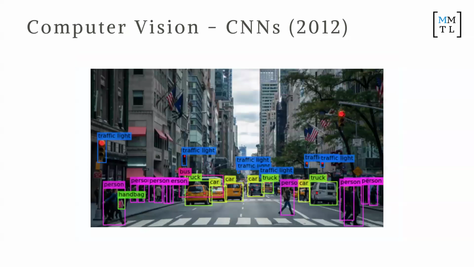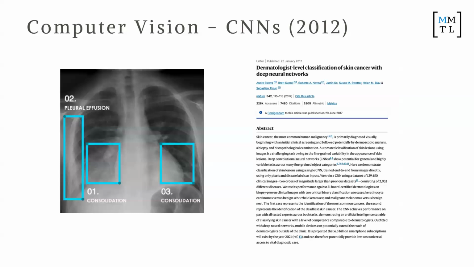Now, this led to a whole revolution in what's called image segmentation, which is when you have, for example, an image and you can segment different components in that image and pull them out. We have an example here, which is just a street, but it's not hard to imagine how you can use that in medicine as well. This started popping up in computer vision for medicine, where you have radiology. You can have a chest X-ray and segment specific things it sees in the chest X-ray, as well as dermatology. This is a very famous paper in Nature, which talks about how deep neural networks can outperform dermatologists, or at least quote dermatologists, when looking at an image and predicting what the disease is.